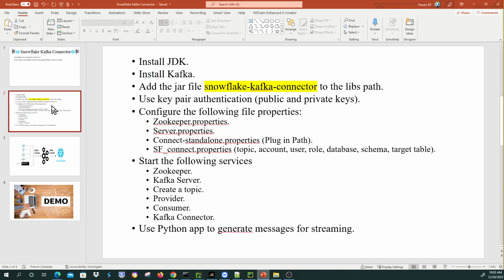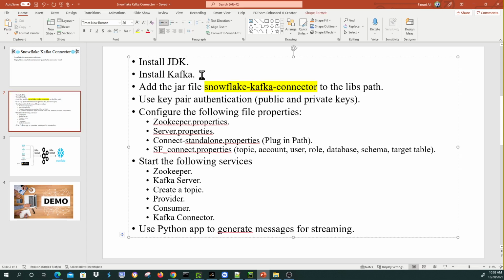Here I'm using Kafka in standalone mode, so it is not a distributed architecture, just for this demo, but in a distributed architecture, the behavior will be the same. So as prerequisites, we need to install JDK, install Kafka, add the jar file Snowflake Kafka connector to the libs